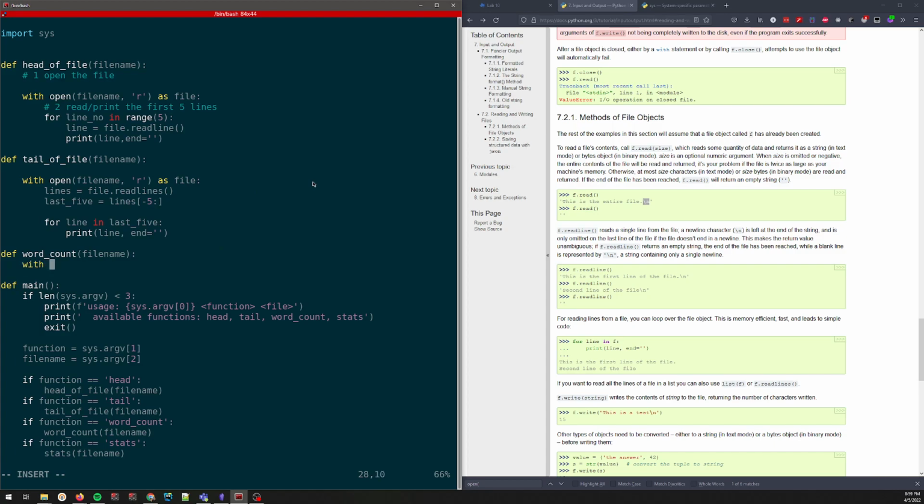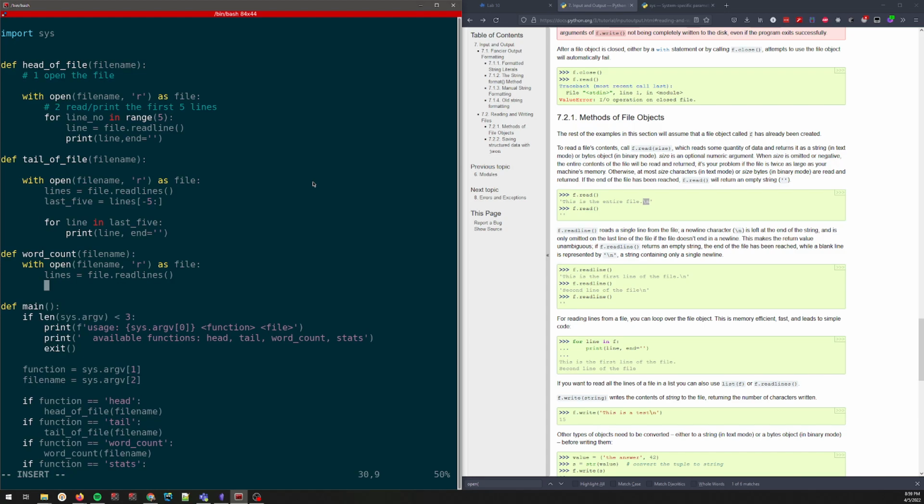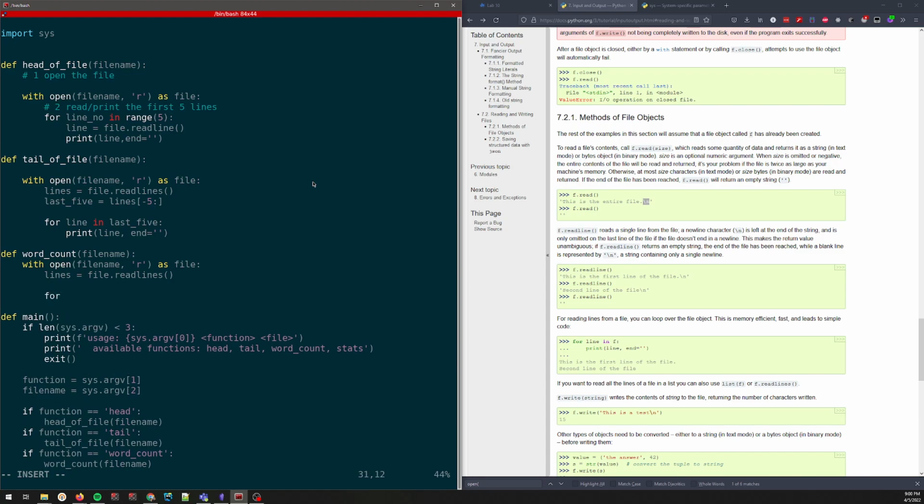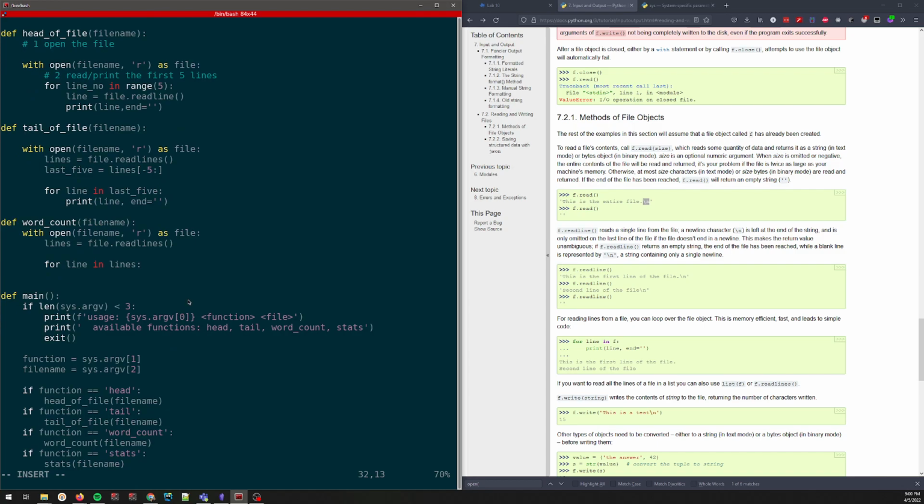And familiar with now, let's go ahead and open up our file for reading. And for this one, we really do want to iterate over all of our lines. So let's go ahead and grab all of them. And for each line in lines, we need to do something. So if we want to count the words, let's go ahead and